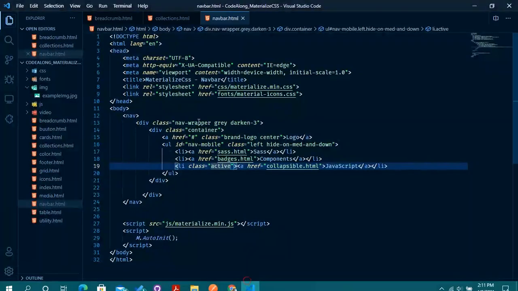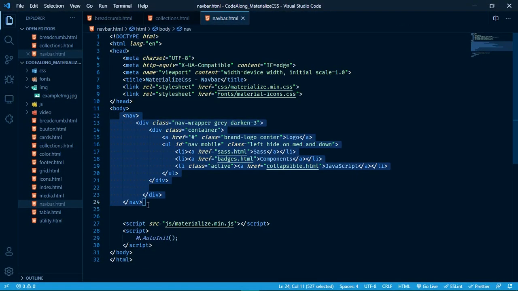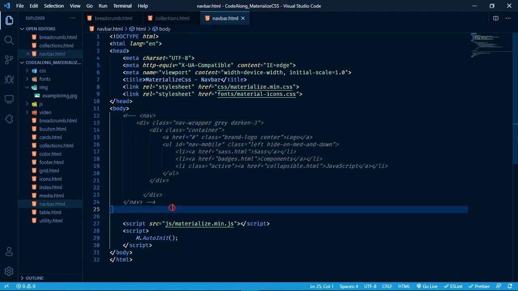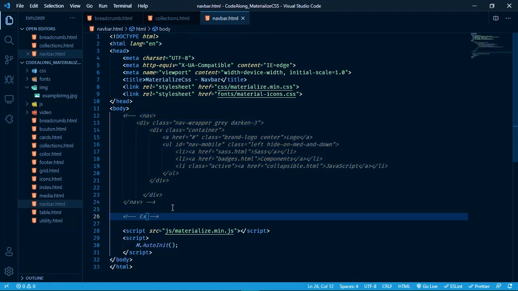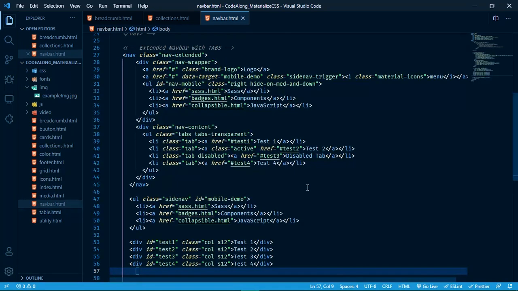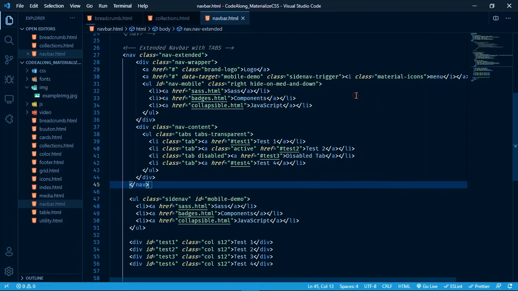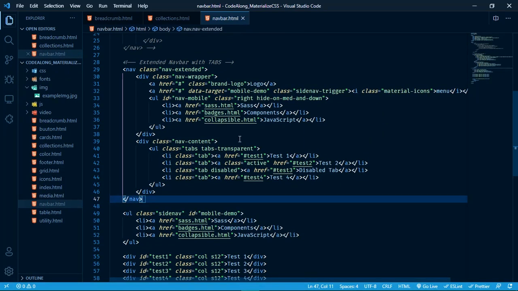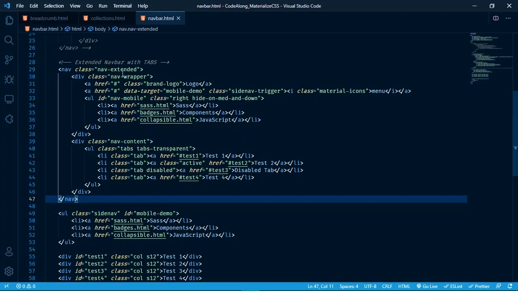Let me copy this and comment this off. This is an extended navbar with tabs. Let me format this document. Okay, so you can see the extended navbar comes with a class nav-extended with the normal wrapper for the